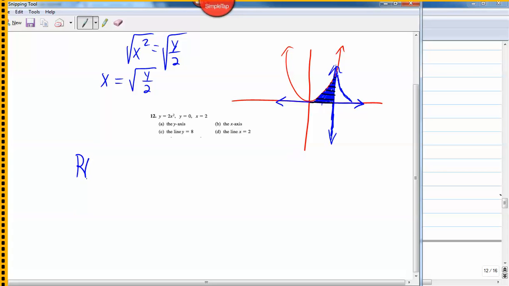We need to figure out whatever we have for our function at this place right here. What is this distance? You know for sure, without a shadow of a doubt, if this line is x equals 2, whatever radius I come up with here, when y equals 0,